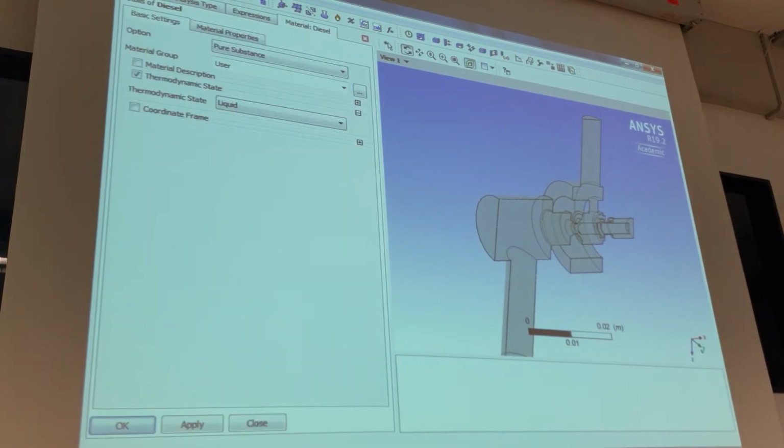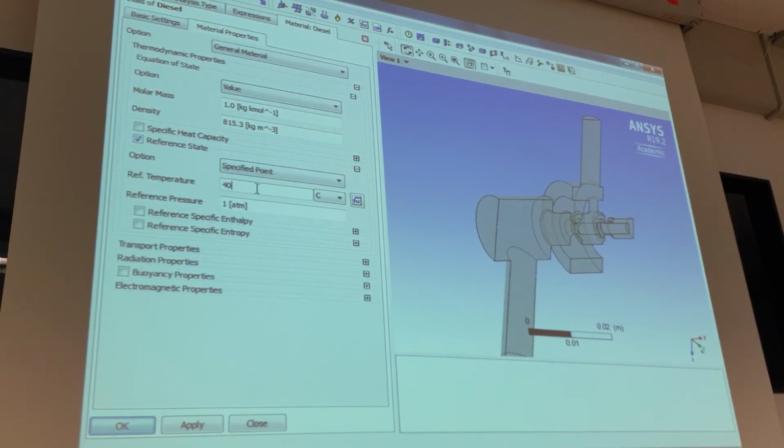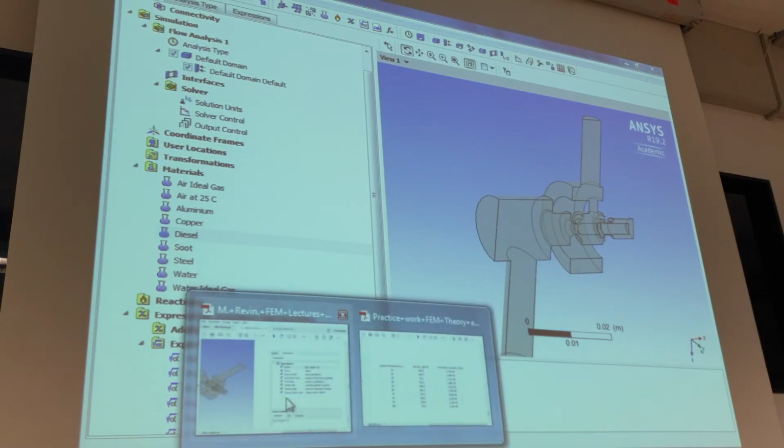So diesel, and for example here I can say reference state 40 degrees, then I know, yes, later, if I open this file, I see 40 degrees temperature. But it's not important. The program ignores everything. We can write molar mass 1 million and change nothing. So now for a normal simulation we need only density and viscosity. So, okay, and now the next step